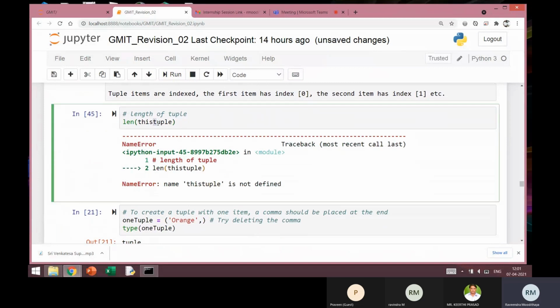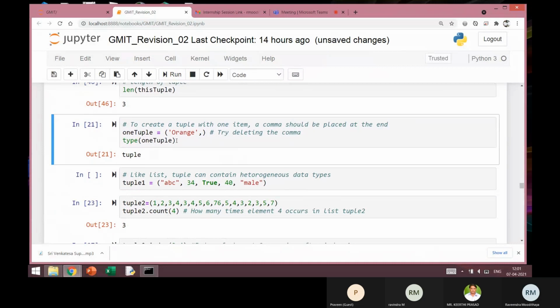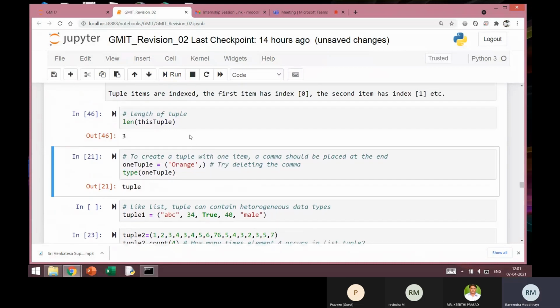Sorry, I think I had changed the name of the variable. It has a length of 3. So far, fine. But now, what if the tuple has only one value?